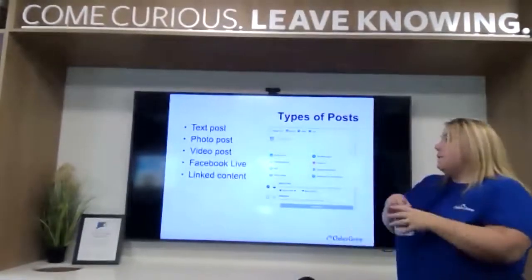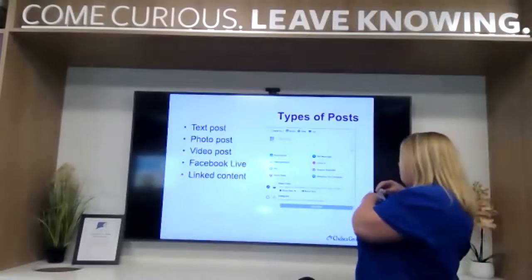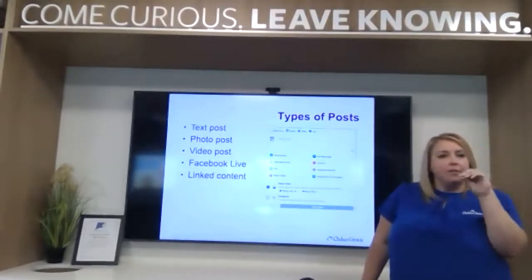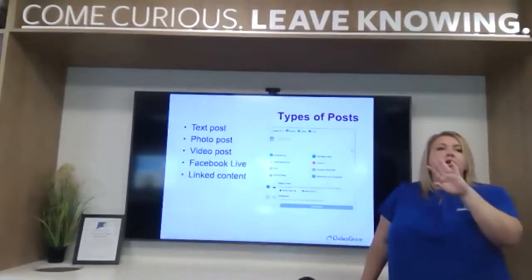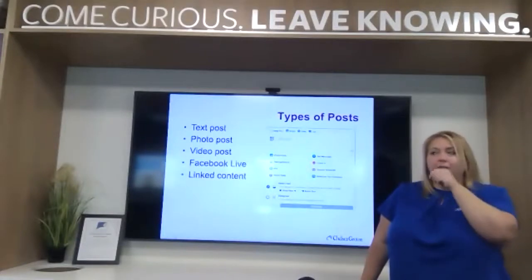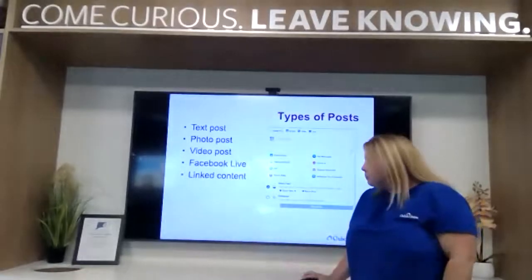But linked content is great. And if you put linked content up there, if you wait until the content loads, you can remove the really long clickable link so that it's just the image and they can click on that.